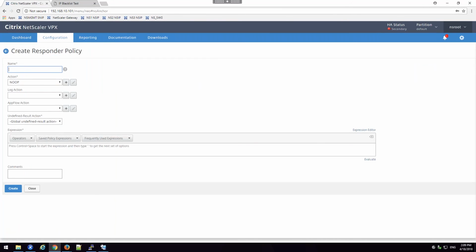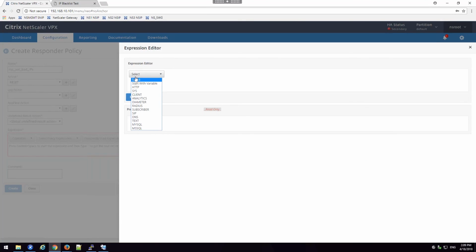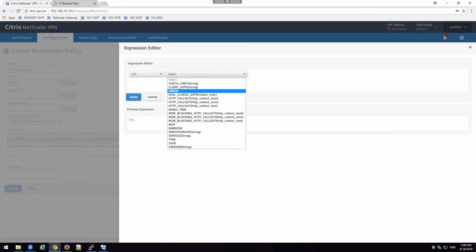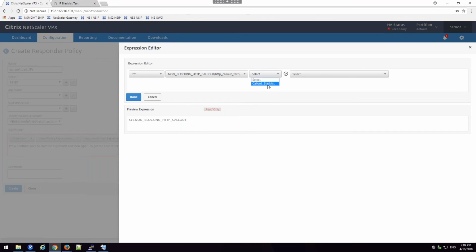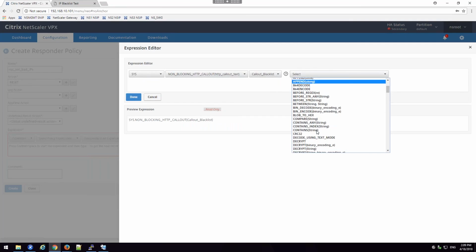And so I can create a Responder policy for dealing with bad IPs. Okay. What do I want to do? And I've got all sorts of options. Okay. I can go with reset, or custom message, whatever I need to. And then instead of going in and saying if the client IP is something, what I can do is say, let's use the callout functionality. And so I can go in and say, let's return this text, and it lets me see my callout that I created. And then I can say, if that callout returns